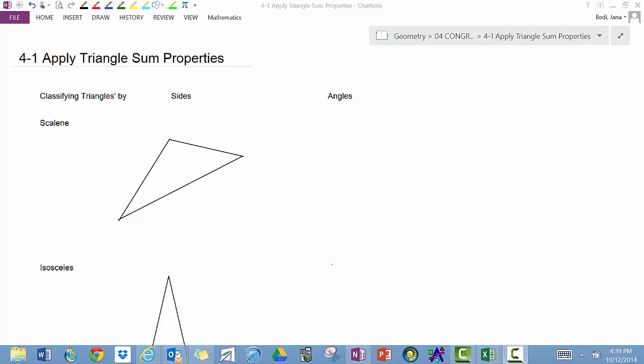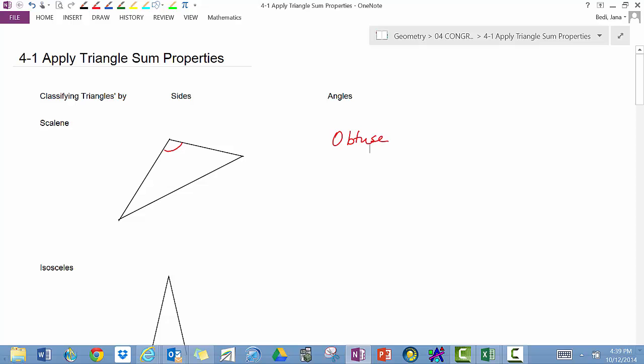In this section, you will classify triangles by the sides and angles and also find the measures of their angles. So let's look at the diagrams. In the first triangle here, none of the sides are equal to any of the other sides, so we call it scalene. If we look at the angles of this triangle, this one seems obtuse. So this is a scalene triangle based on the three sides being unequal, but it is an obtuse triangle